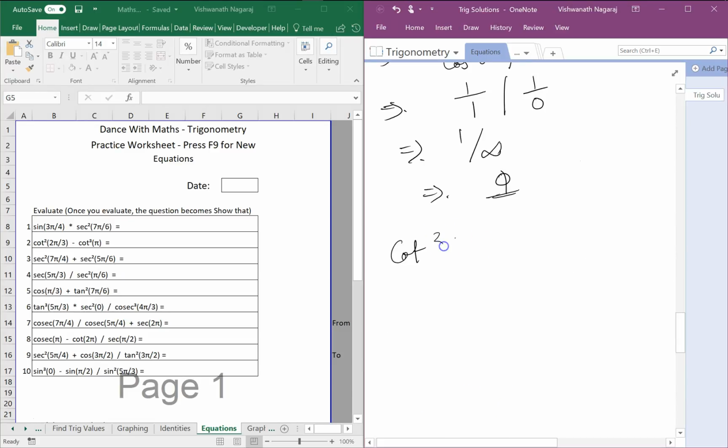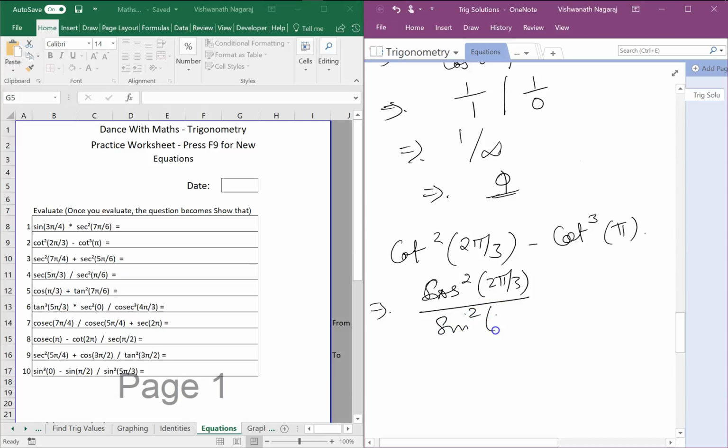Cot square 2 pi by 3 minus cot cube pi. Now cot is cos 2 pi by 3 by sine 2 pi by 3 minus, this is again cot, so cos cube pi by sine cube pi. Sine pi is 0, sine 0 is 0, sine pi is 0. So if this is 0, then that means this is infinity. Okay,